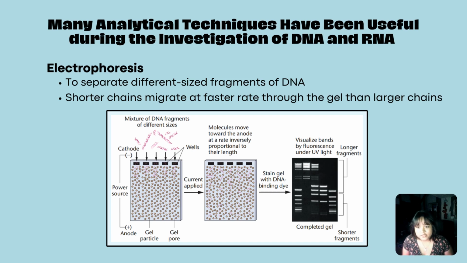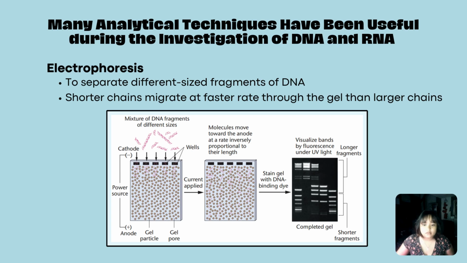In nucleic acid electrophoresis, molecules such as DNA or RNA are placed on a gel. So the negatively charged nucleic acid moves towards the positively charged anode under the influence of an electric field. And the gel pores separate the molecules based on their size, allowing different size fragments to migrate at different rates. Agarose gel with various pore sizes is commonly used for this, and it can distinguish polynucleotides that differ by just